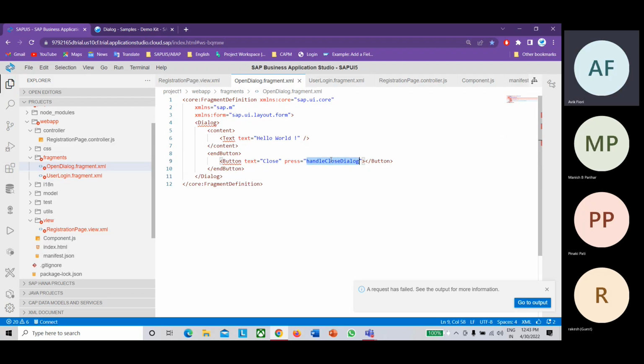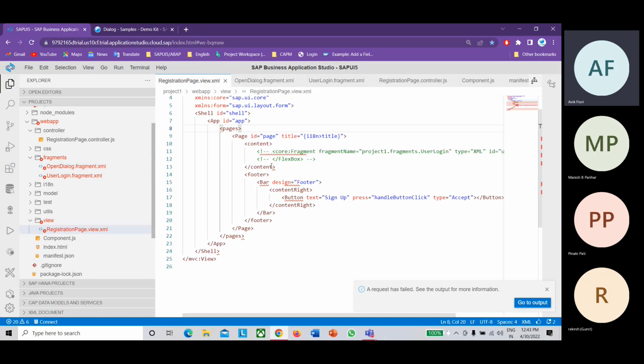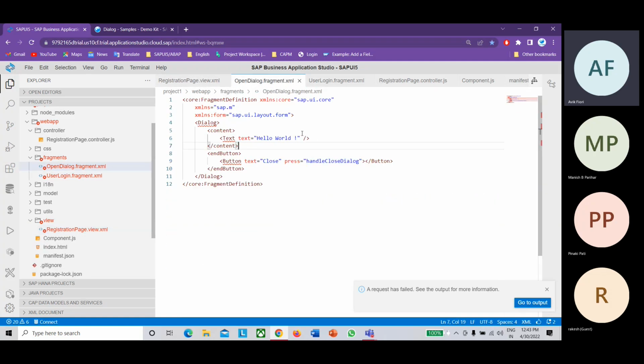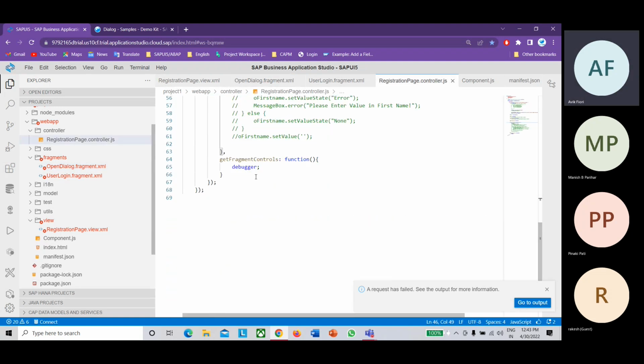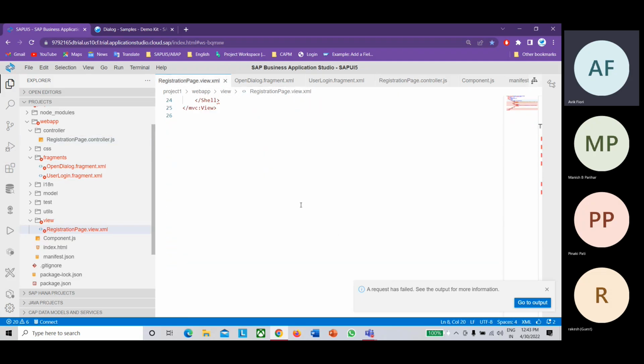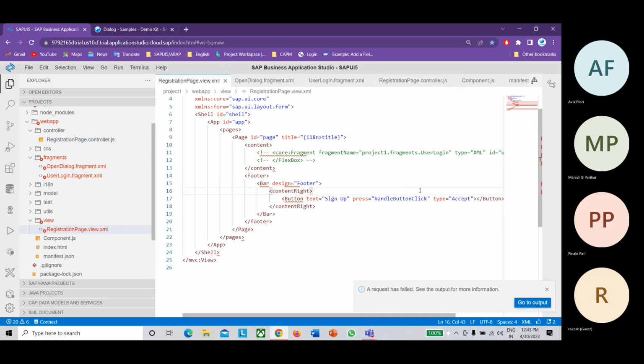Okay, fine. So I need one more method which will close the dialog box. Before we close, first of all, let's load this fragment. We have declared the fragment right here, so for loading the fragment, I'll declare one variable here.